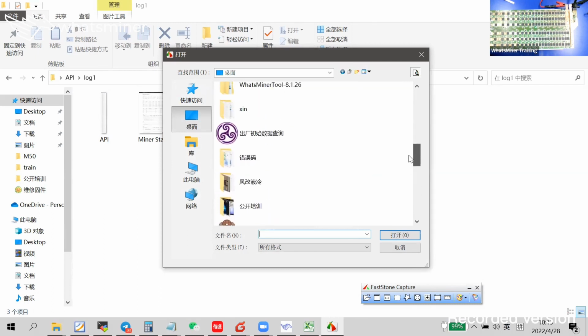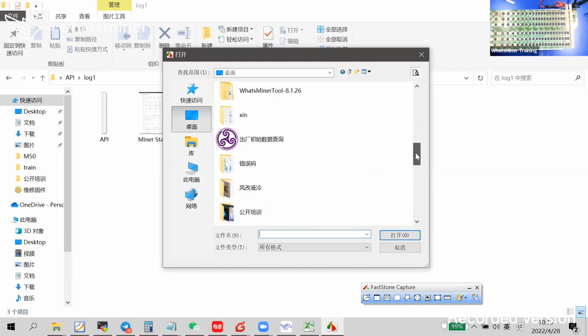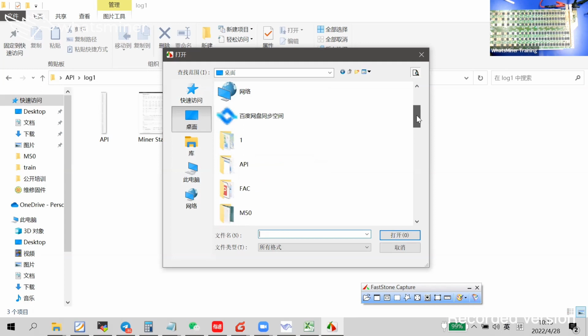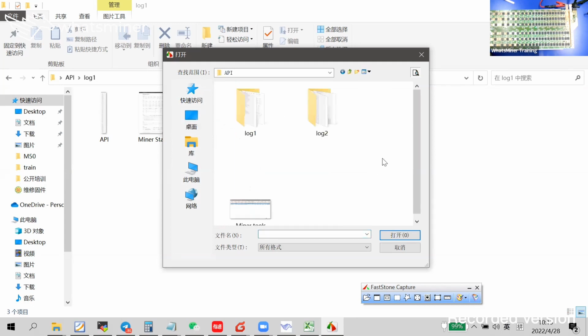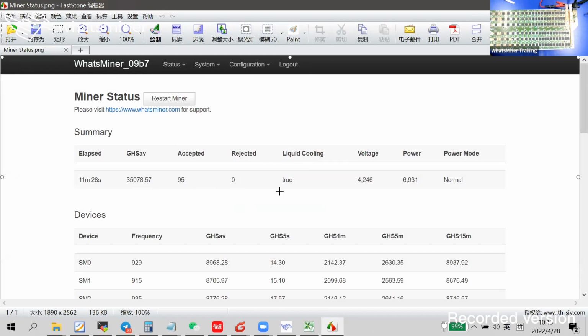Well, sometimes we need to analyze the background. Sometimes the board can pass the read party test, but it can't run normally in the miner. In this case, you need to have a look at the API log or the log system. When you log into the background of the miner, this is the first